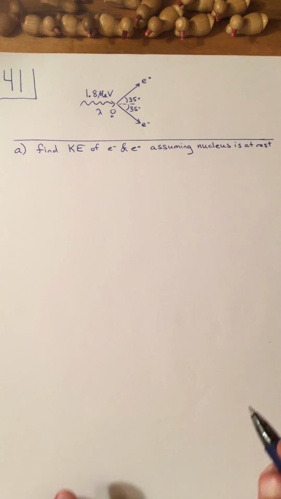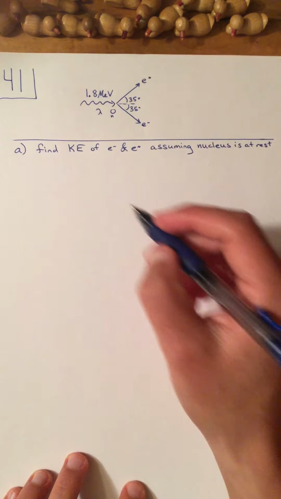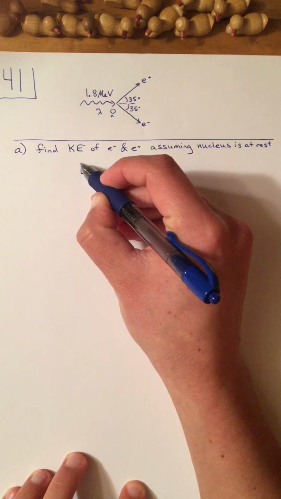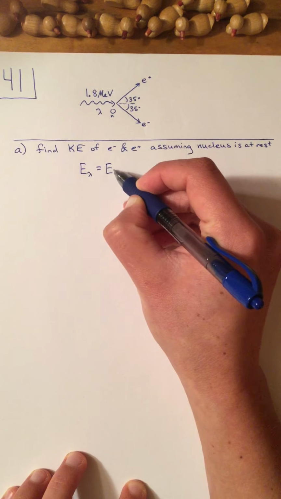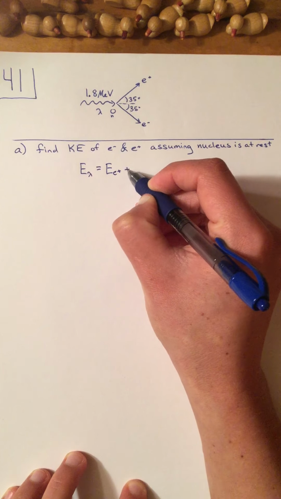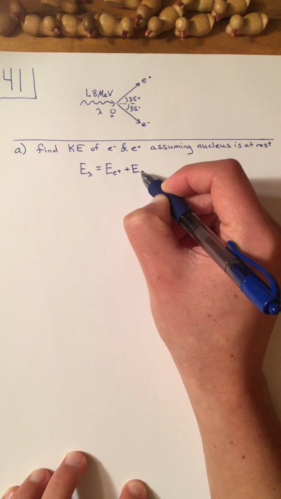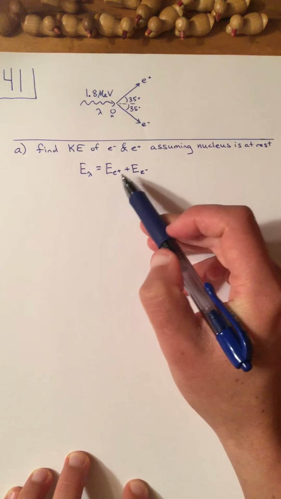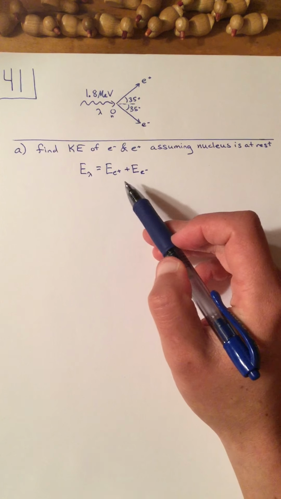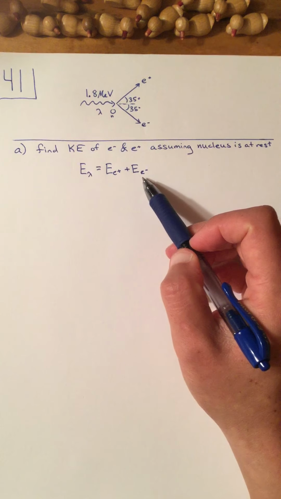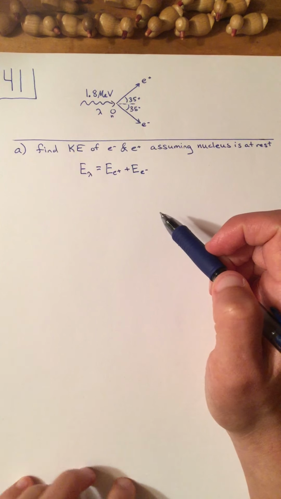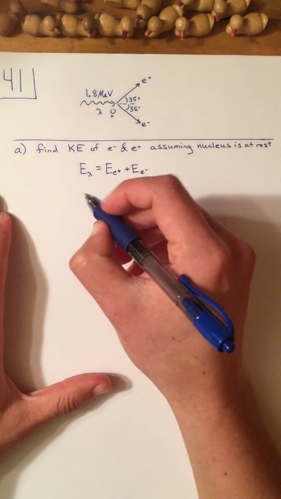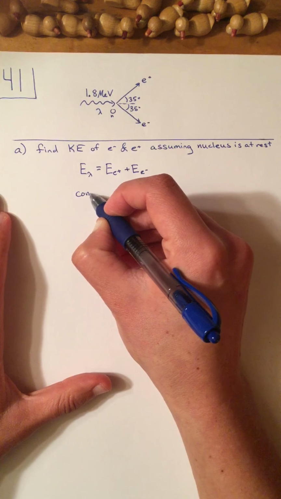So, we're going to use conservation of energy. We have the photon initially. The photon creates an electron and a positron. So this is the energy, the kinetic energy plus the rest energy for the electron and the positron. And also, if we look at conservation of momentum,